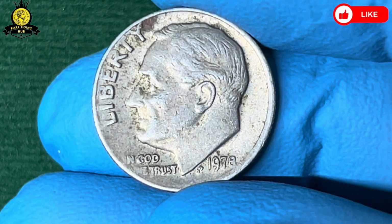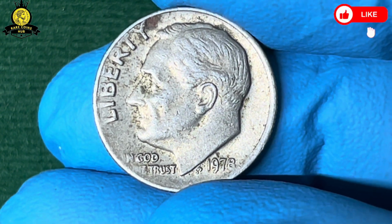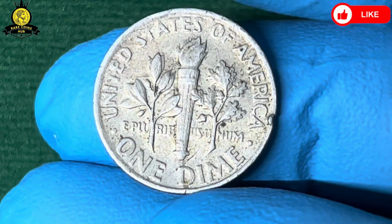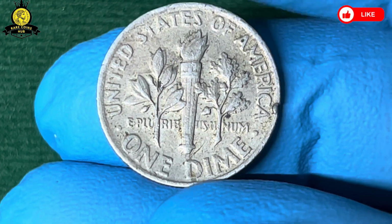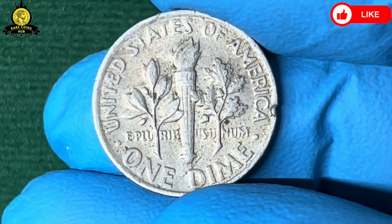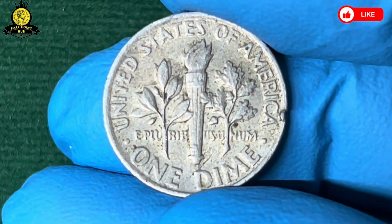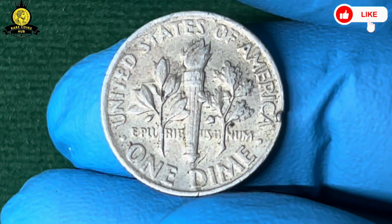coins efficiently and affordably. The 1978 dime was minted at the Philadelphia, Denver, and San Francisco mints, with each mint producing a different version of the coin. Most dimes, including those that circulated widely, were struck at the Philadelphia and Denver mints. However, the San Francisco Mint also produced proof coins, which were specially struck for collectors and not intended for general